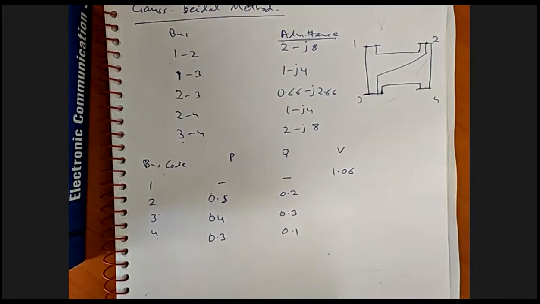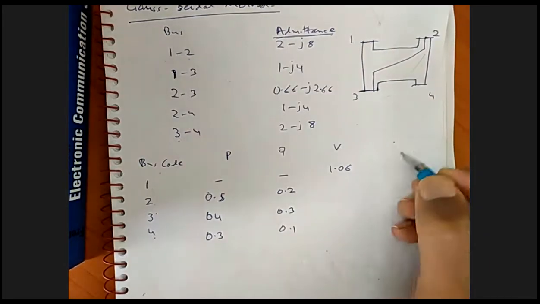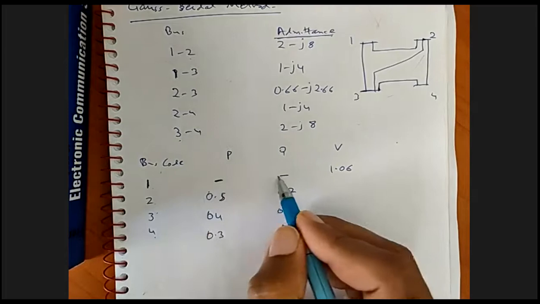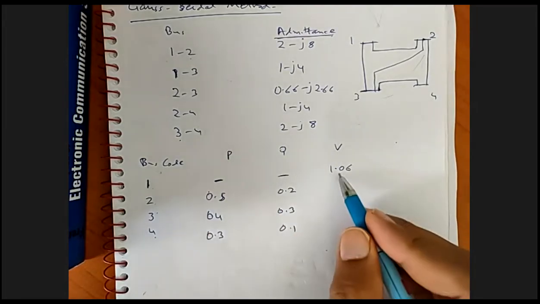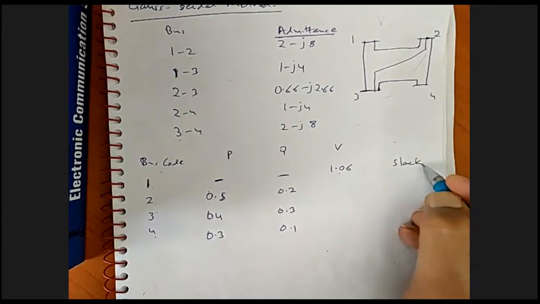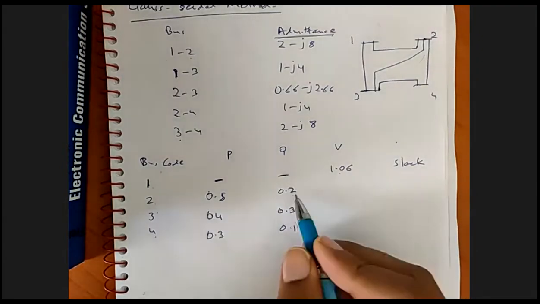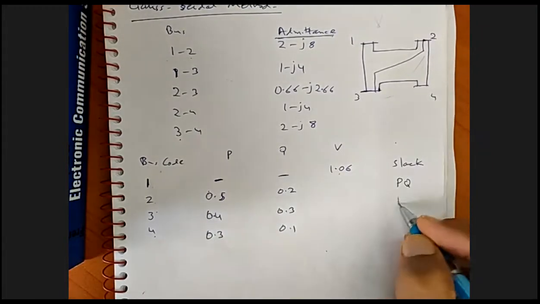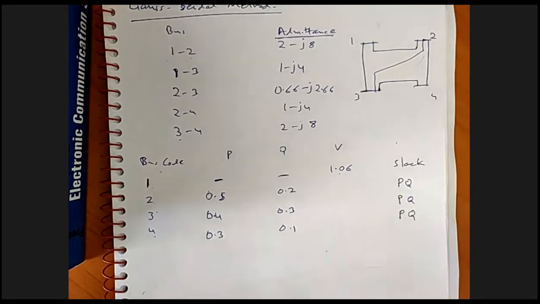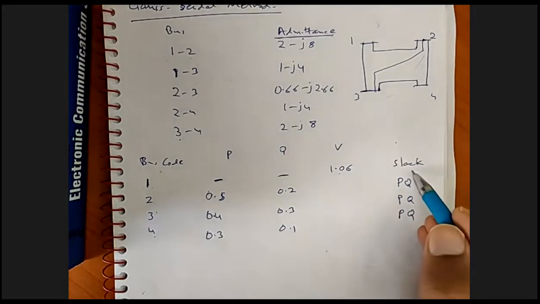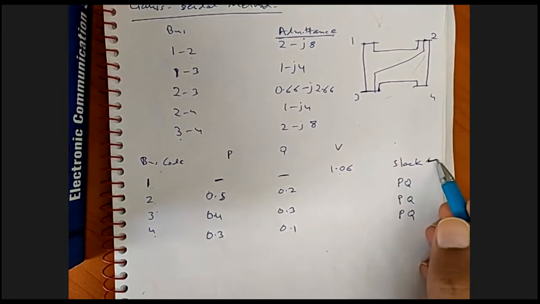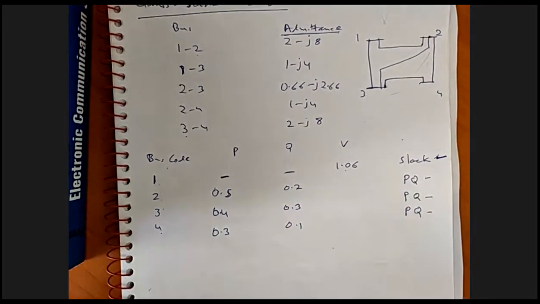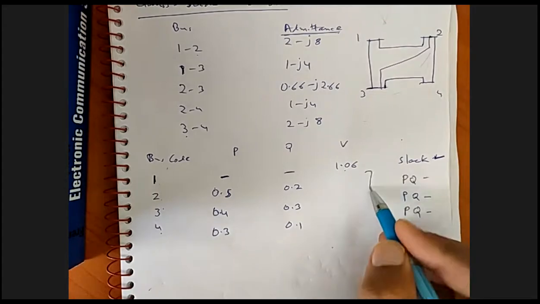So as we studied, we will identify one bus as the slack bus, because at bus number 1, P and Q are not specified. We will take this as the slack bus. And the remaining have PQ, PQ and PQ as the given quantities, so these will all be considered as PQ buses. So bus number 1 will be your slack bus, and 2, 3 and 4 will be your PQ buses. Here we have to calculate the voltage.